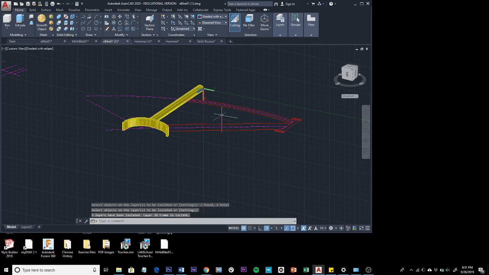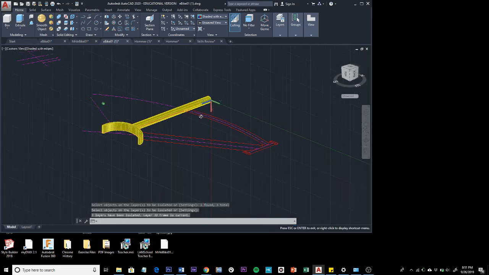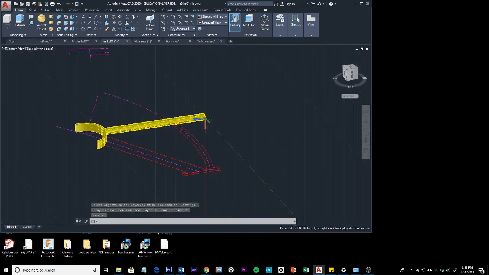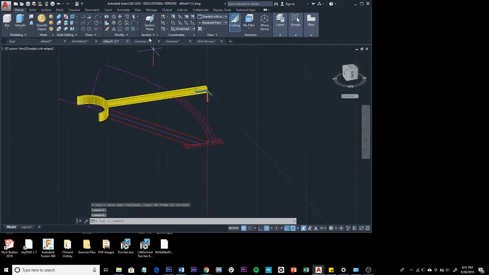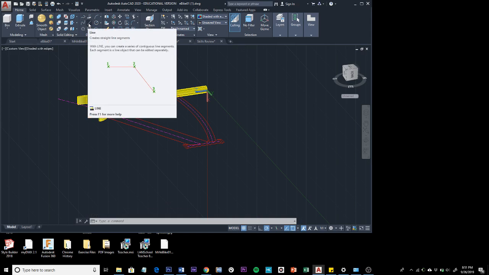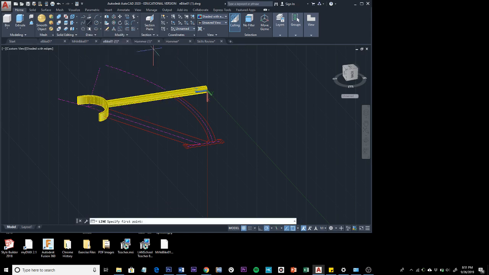Alright, now we're going to draw a line first. So we're going to just grab our line tool here. I think this will work in the current UCS. We'll find out. So click on the line tool,